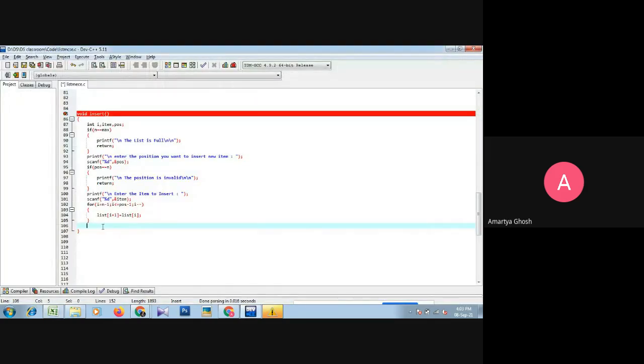So list I plus 1 equals to item. So after that, when we insert the new element successfully, now what is the length of the list?